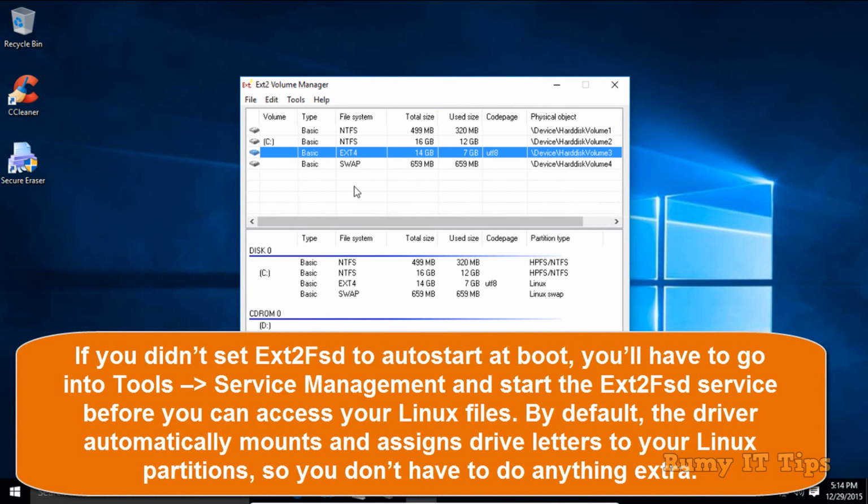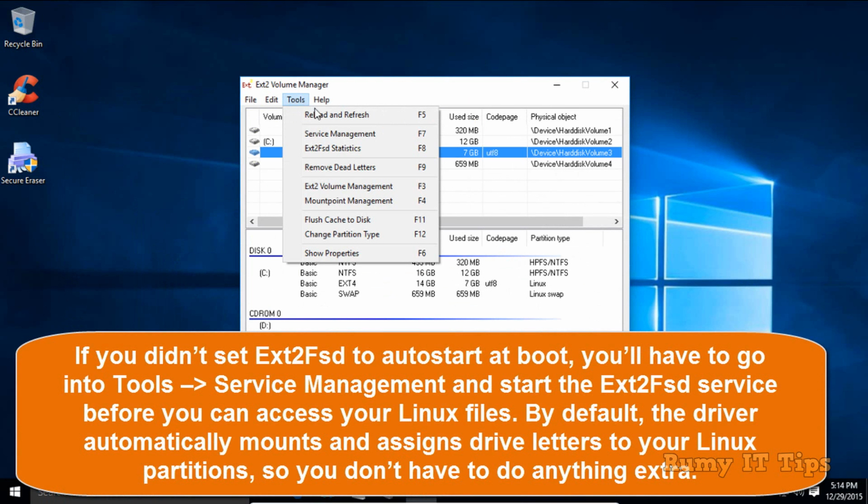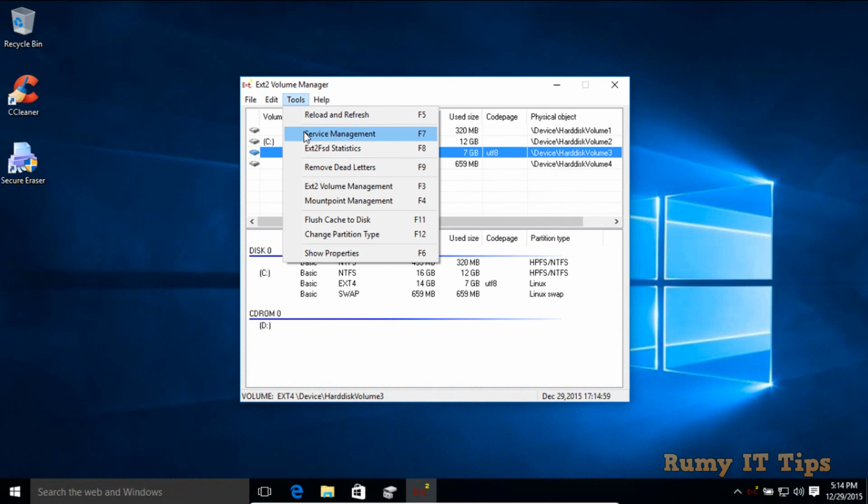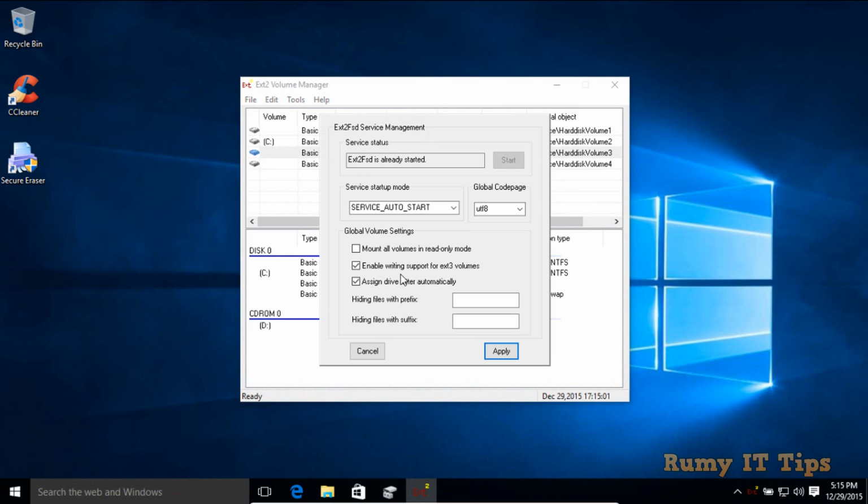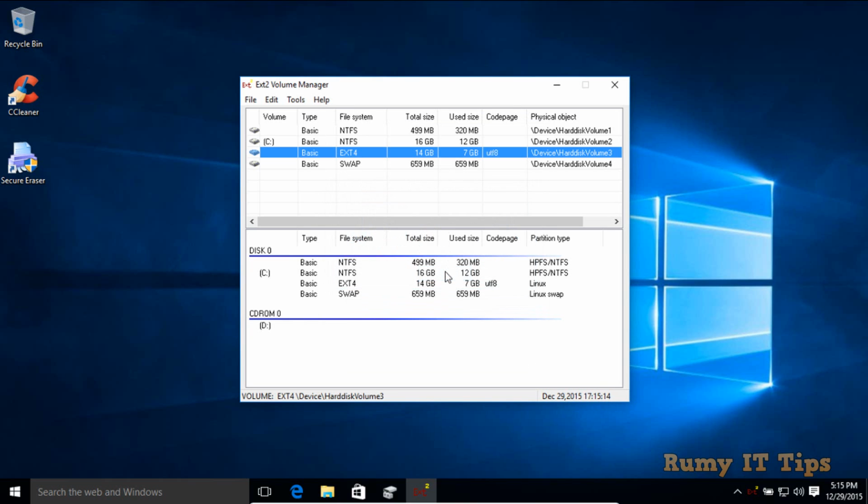But in most cases it's showing. If it's not showing, go to Tools and then the Service Management option. Choose these options shown here, and click on Apply to make the changes take effect. Most of the time you don't need this, but if it's not showing, you have to apply this.